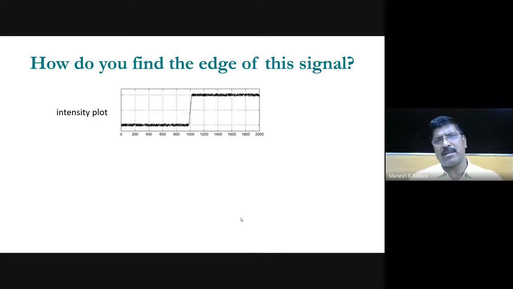If you summarize today's class, in today's class we have studied the first order derivative techniques, like edge detection by using the Sobel operator, the Prewitt operator, and the Roberts operator. The problem is that they can detect the edge, but in the Sobel operator the thickness of the edge is larger, and noise is also there. But the advantage is that, from an implementation point of view, computation complexity is very less. It is simple to implement and so on.